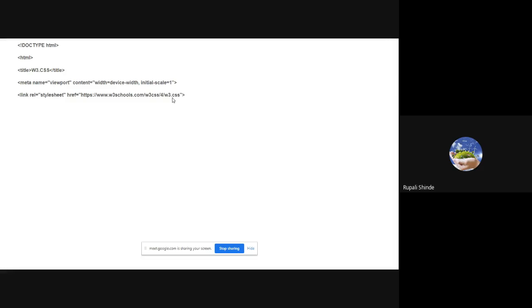Whatever style sheet is available in the w3.css file is applicable to your code. Okay, it is a framework which is readily available. For most web applications you develop, many frameworks and style sheets are available online to help you develop your web application. There is no need to bother about how to develop the cascading style sheet or how to develop the JavaScript. It is readily available to you. You just have to use it in your code. Okay.